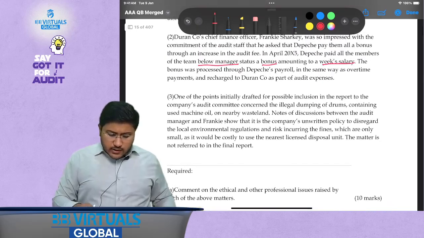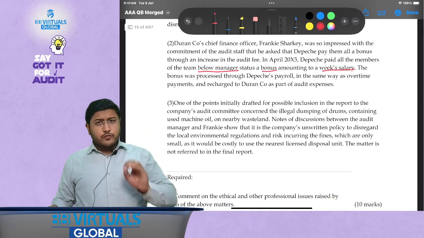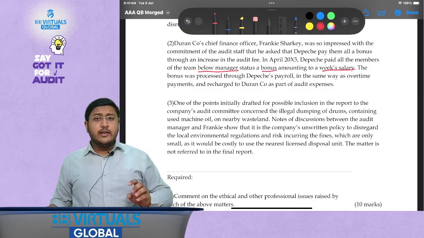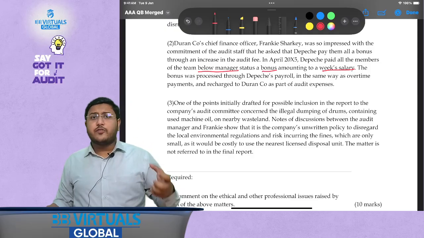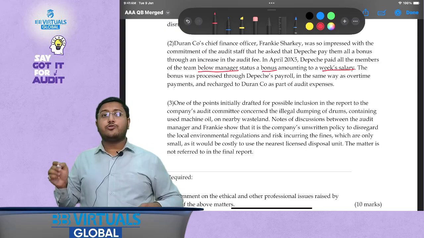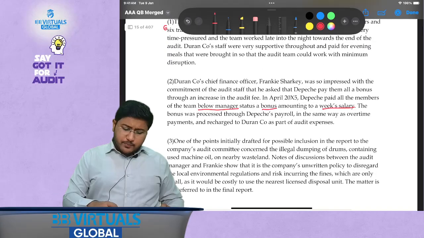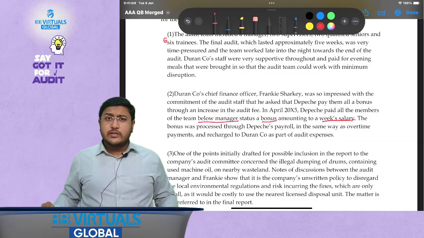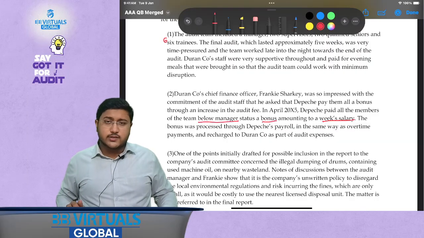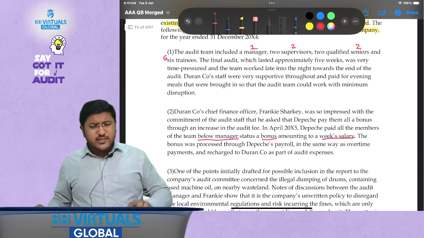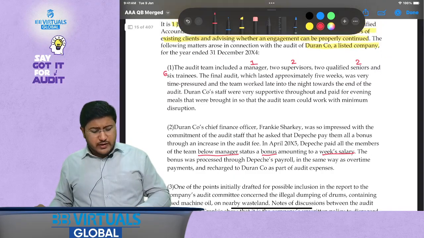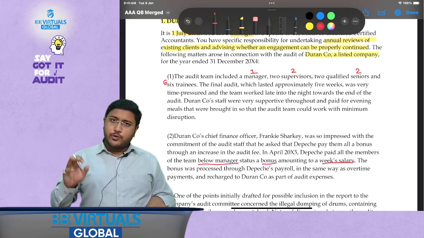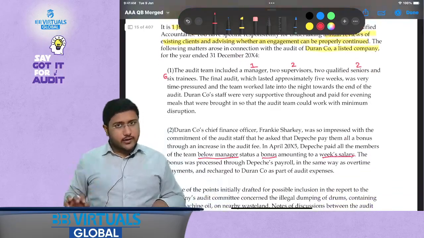I think if you feel that you can solve this question, you should always try. Even if you feel that sometimes it is very hard, sometimes it is very easy, you should always take a pen and paper. You should note down all the important pointers. For example, up to point 1 and 2 it was pretty simple, but even if you feel that point 3 is difficult, you should always try to write down the answers. Second instruction would be that if just in case you feel that some part of the question might be missing, you can go back to the ACCA study hub. You can check it for the questions which are taken from ACCA study hub.